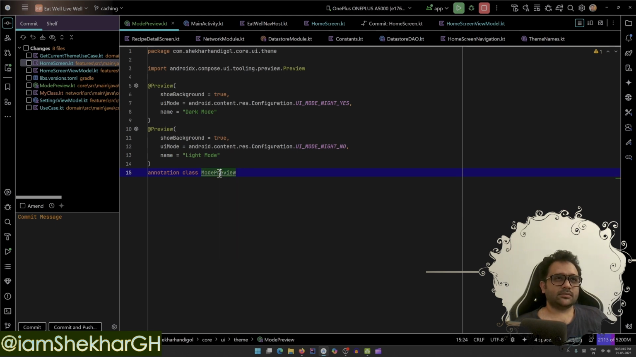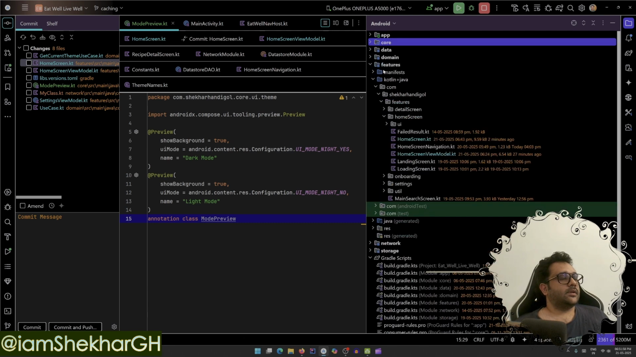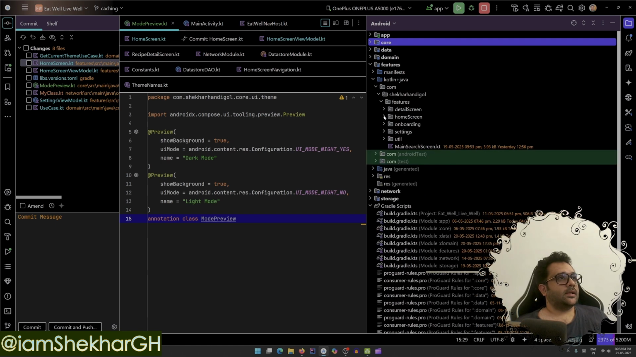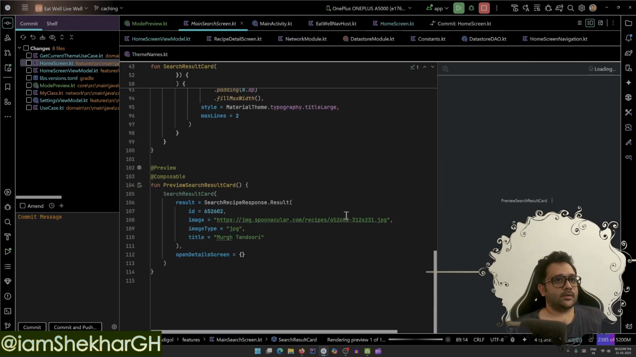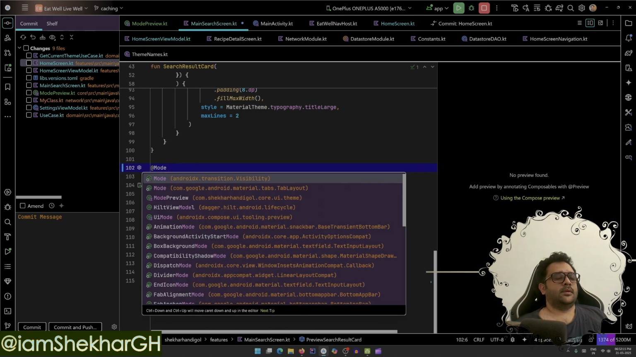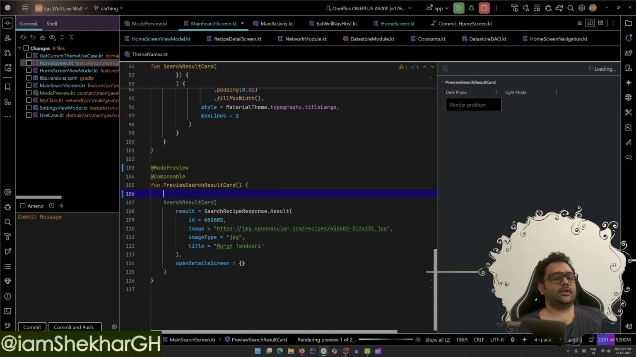Mode preview. I'll have to put this everywhere. Okay, and instead of downloading, I'll go to all the UI elements and then I'll put preview. Nice. See, I'm getting both of them, and here I'll put